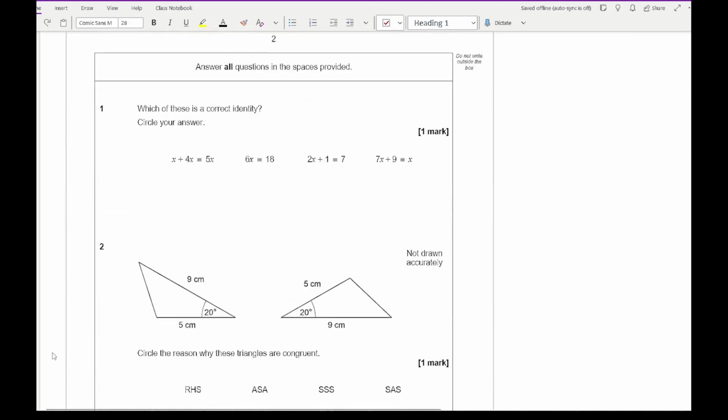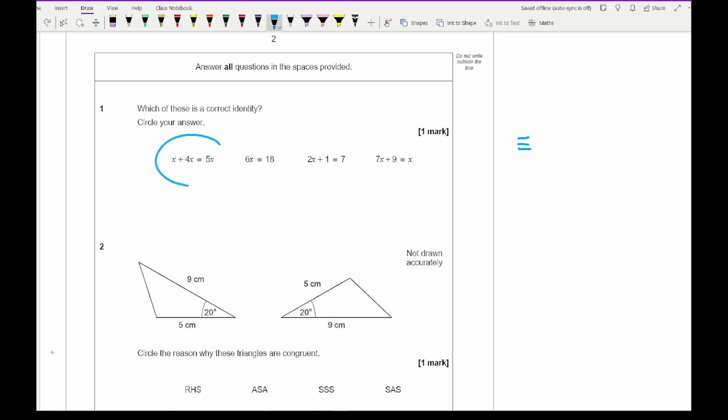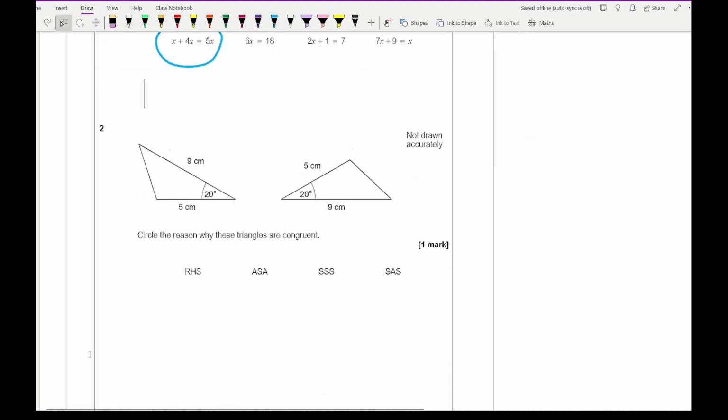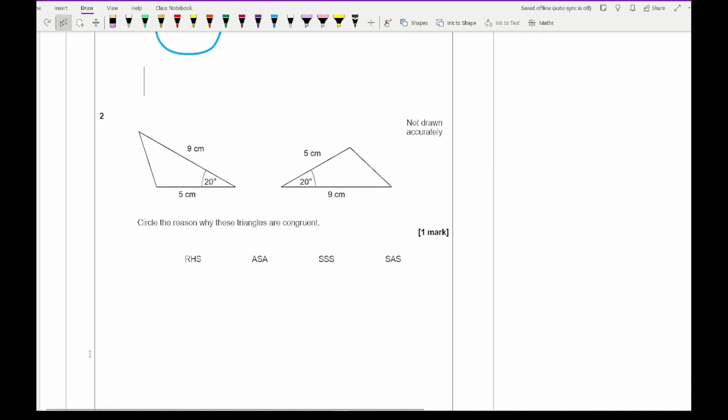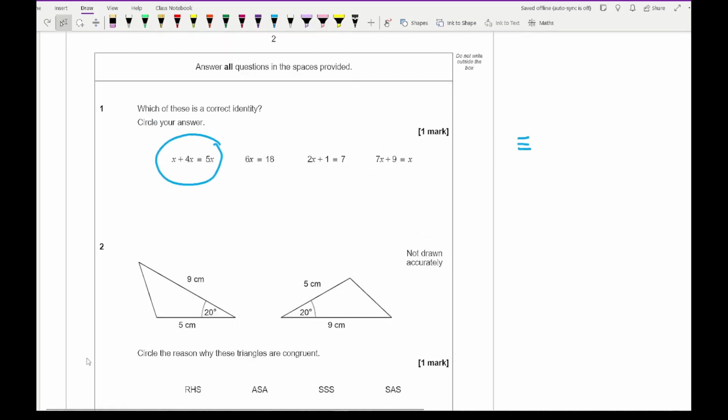So looking at the very first question, it says which of these is a correct identity? Now typically you would think all of them are identities because it's got the identity symbol of three little lines. However, an identity is where the left hand side is algebraically the same as the right hand side. So here you can see that the only one that works for that is going to be our first option. As you can see, the others are all equations but with the